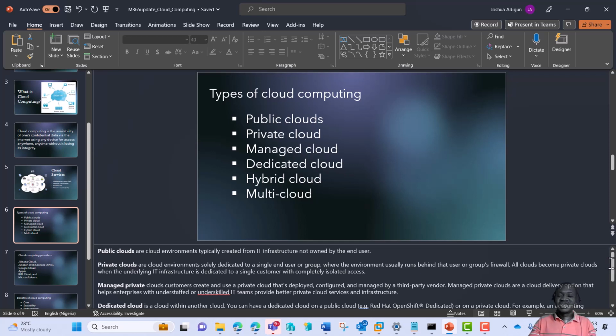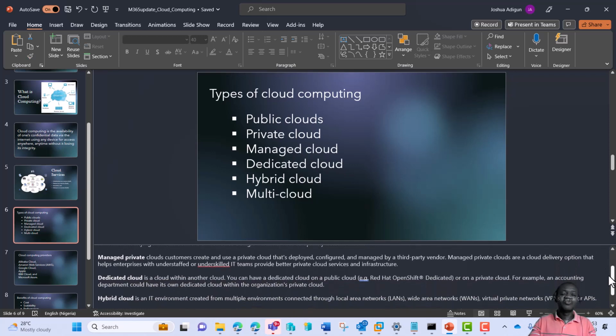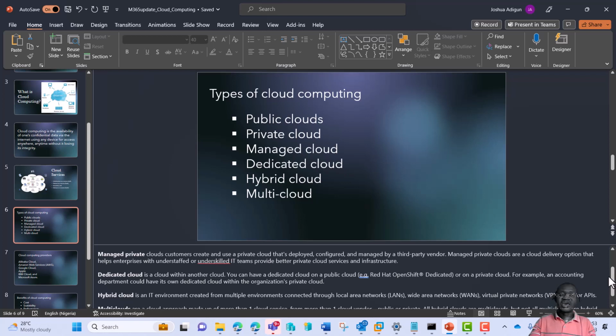So we also have dedicated cloud. These are clouds within another cloud. I can have a cloud within another cloud. Such a system would be, maybe, when you use Salesforce or other accounting or other dedicated software within your public cloud or your private cloud.